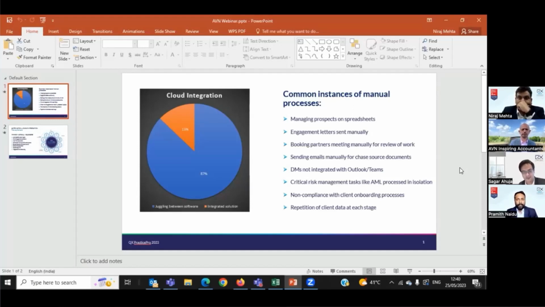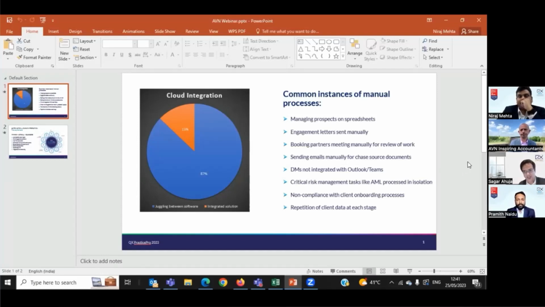I'm not going to name them, of course, but the issues are managing prospects on spreadsheets. Now, accounting firms are spending so much money on Google or PPC and doing different campaigns, for example. But when the lead comes in, it is actually sitting on Excel. You can follow them up for a month or so, but then it's going to be absolutely dead after a while, because you do not have a software solution in place where the client journey starts, because the prospect comes in.